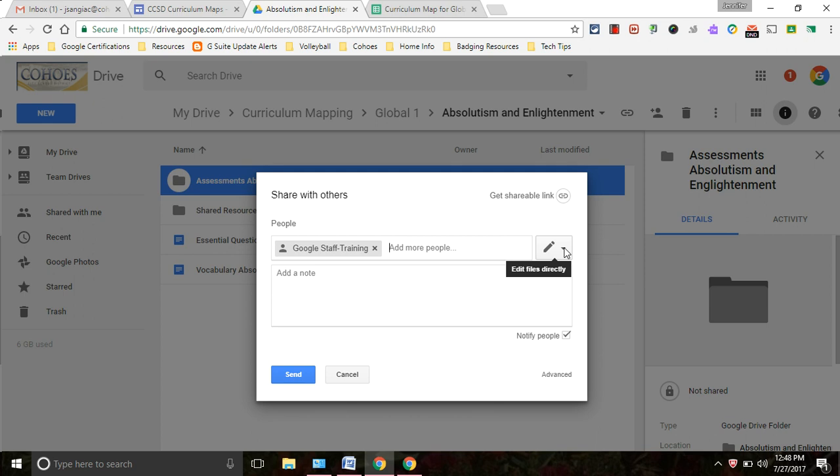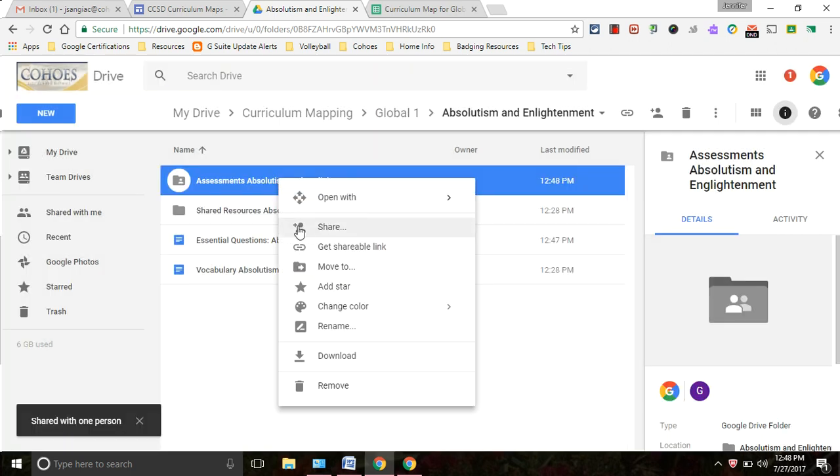If you're working with someone who teaches your same course and would be adding assessments to that folder, I would suggest you give them the right to edit so that they can add their assessments in the course. So anyone teaching the same course as you, give them that access. If they are not teaching the course with you, but they're in your department or they're your department head and you'd like them to be able to view, okay, after you add that person,